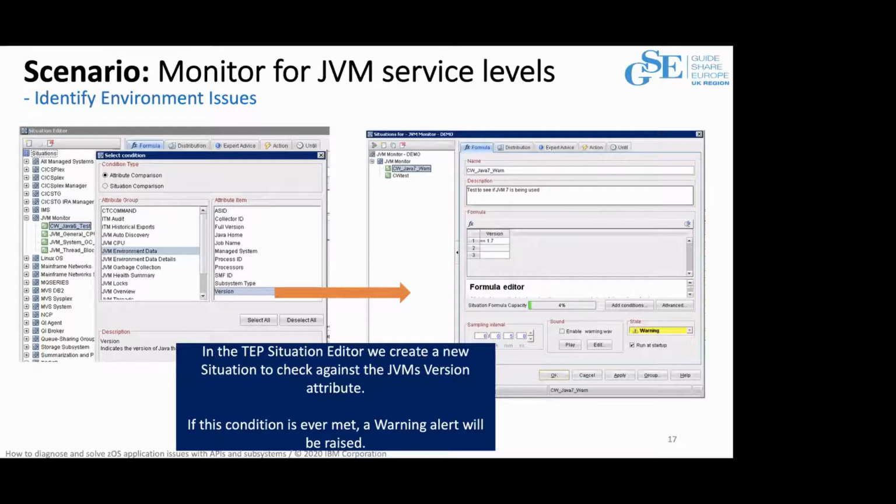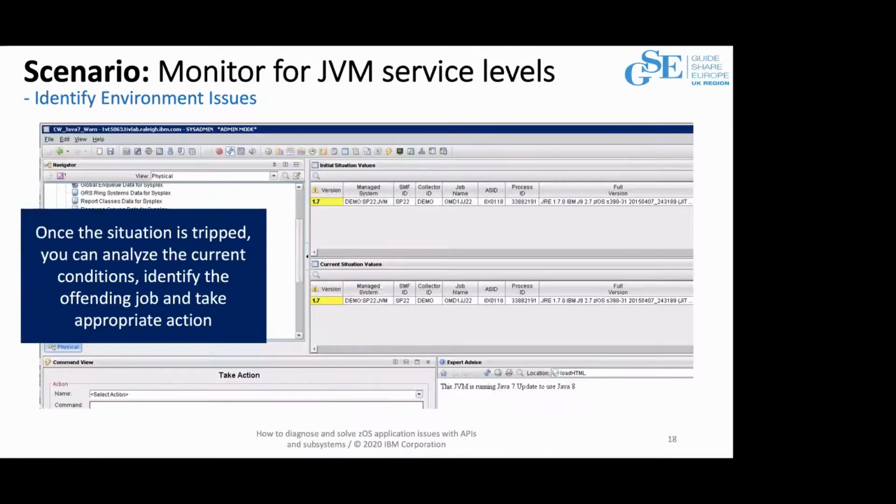As soon as you create the situation and enable it, within seconds, you will be returned a list of all of the JVMs that are running Java version 1.7, and you'll be told not just which JVM it is, but which LPAR it's on and the job name